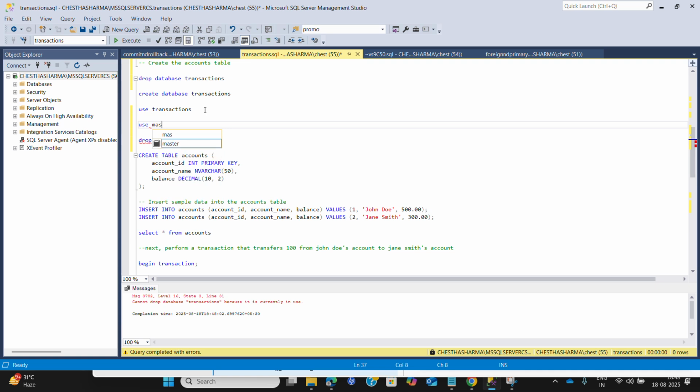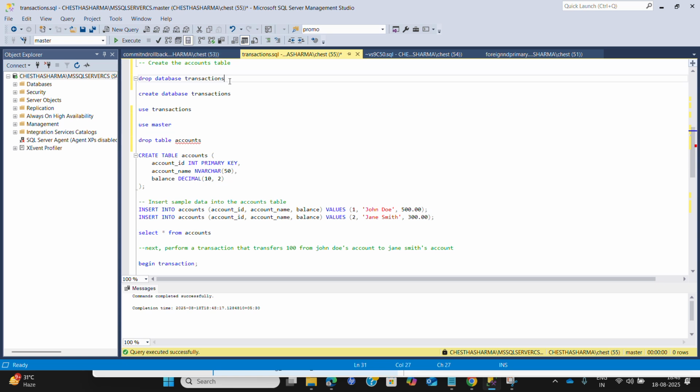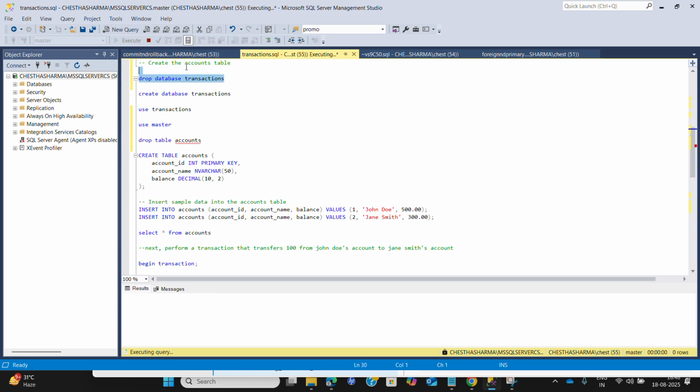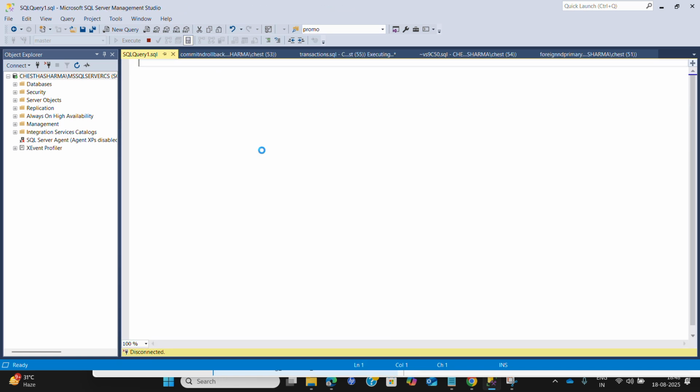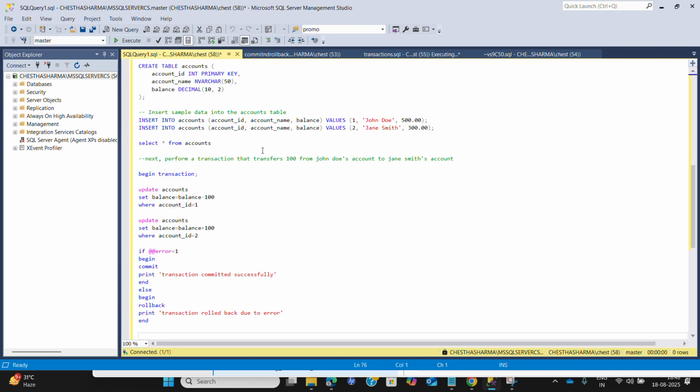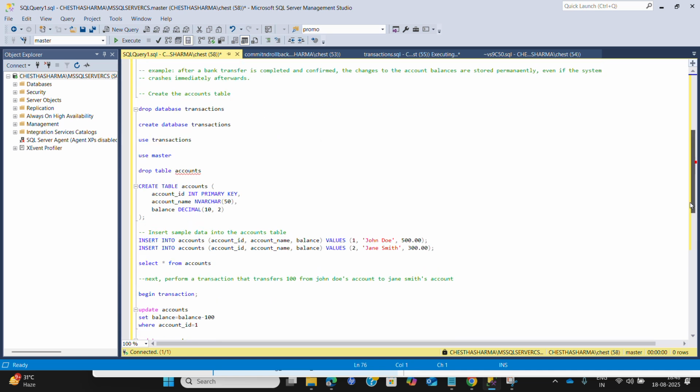Use master, and then we will drop the database of transactions.